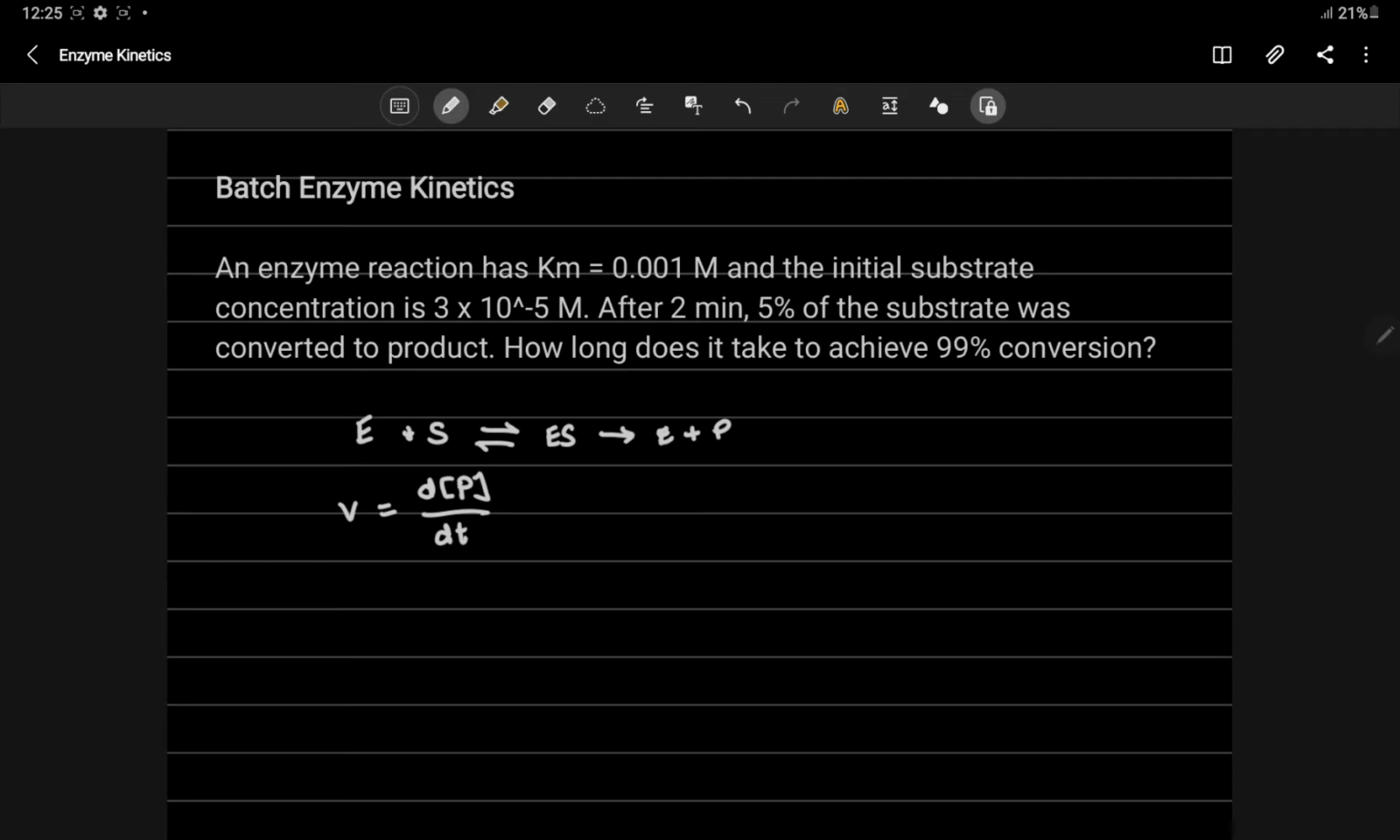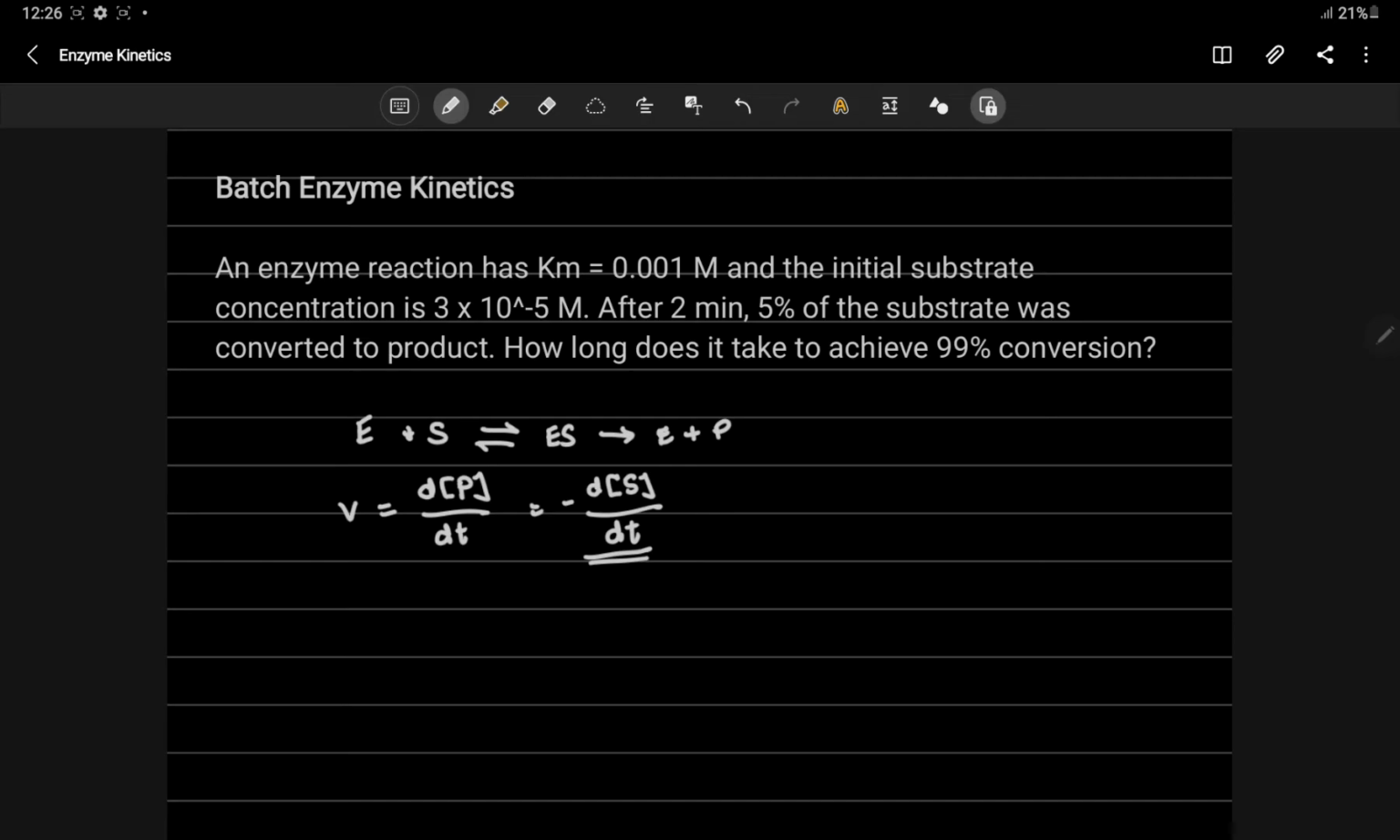Also, we can write it in terms of the disappearance of the substrate. So, ang nangyayari, magiging negative siya. Equals minus the rate of the disappearance or change in the substrate concentration with respect to time. So, those are the two ways in writing the change in product concentration per unit time or substrate consumption per unit time as an expression for your velocity or reaction rate. Now, we will use this second form here,